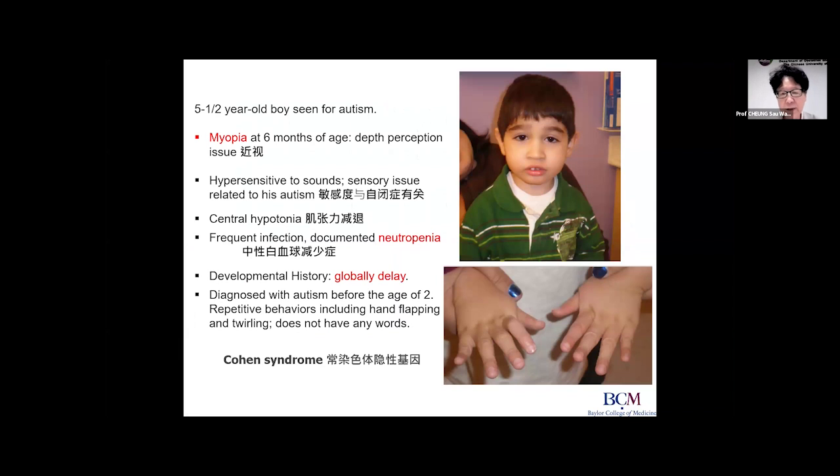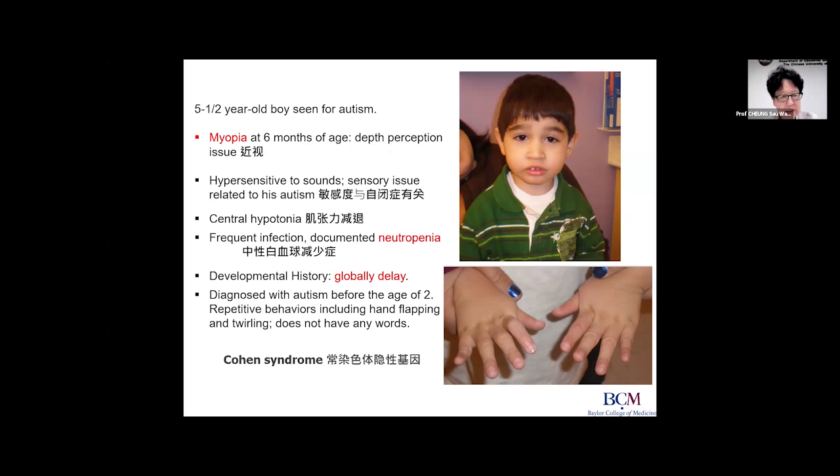Loss of this gene is associated with Cohen syndrome. Here's a child with Cohen syndrome. He's a 5.5-year-old boy seen for autism, and he had myopia at 6 months of age, and has a depth perception issue, hypersensitive to sound and sensory issues related to his autism,